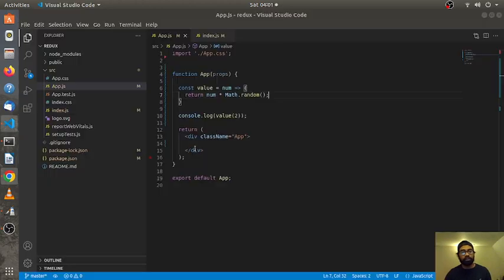So what does it mean? This is an impure function. Why? Because even though we are passing the same input, it is returning a different output every single time. So this cannot happen in a pure function, or at least in a reducer. Why? Because let's say